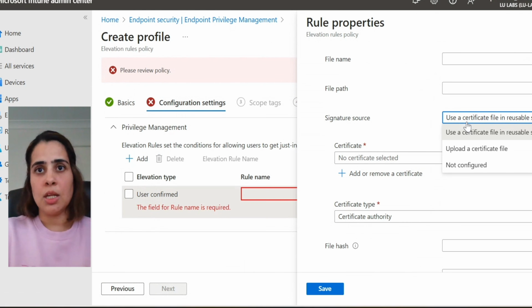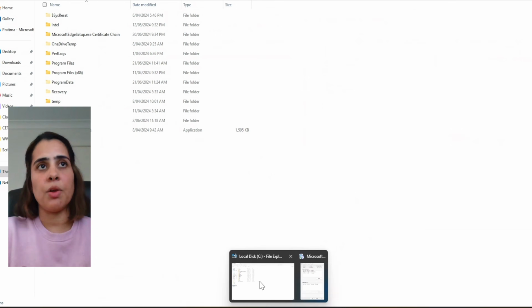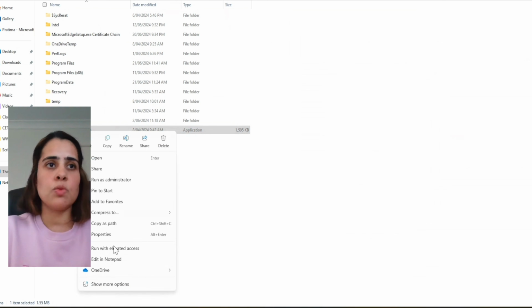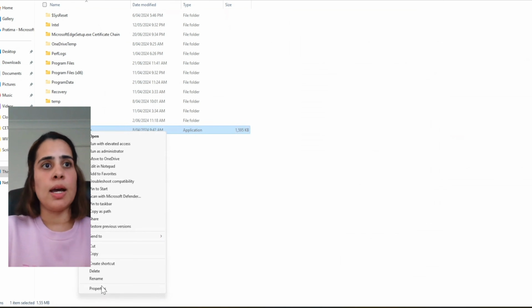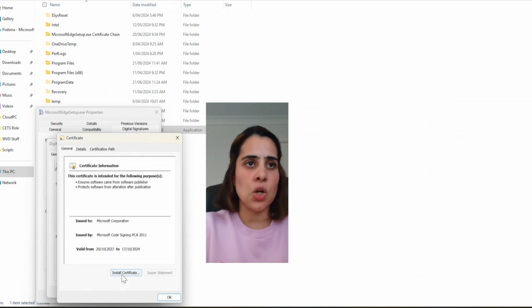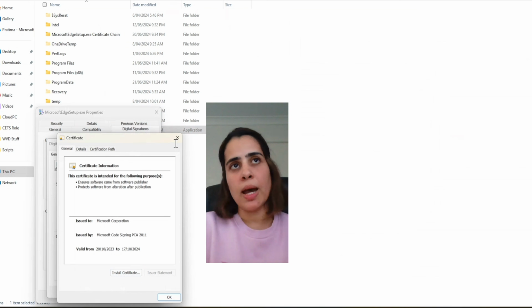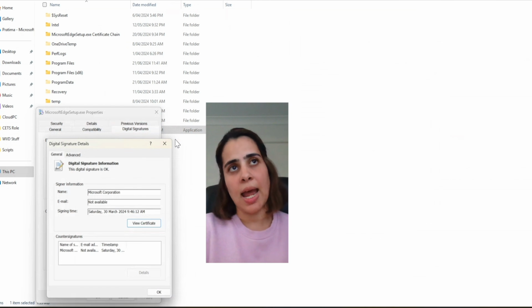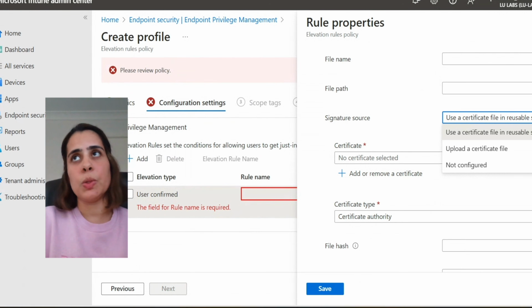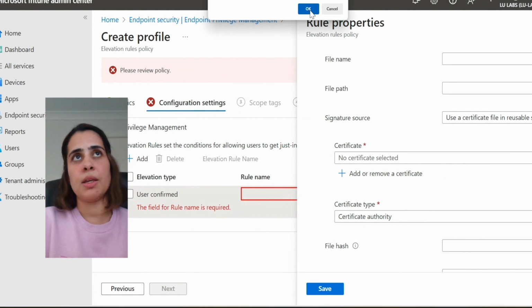particular application. So imagine I am looking at one of my applications here, which was Microsoft Edge. One way is, on this particular file, I look at the digital signature, I look at that certificate, I install that certificate in my private store, then import it, go back to that particular rule and add that. Or again, to make your job easy, what we can do is, if I just go back here,